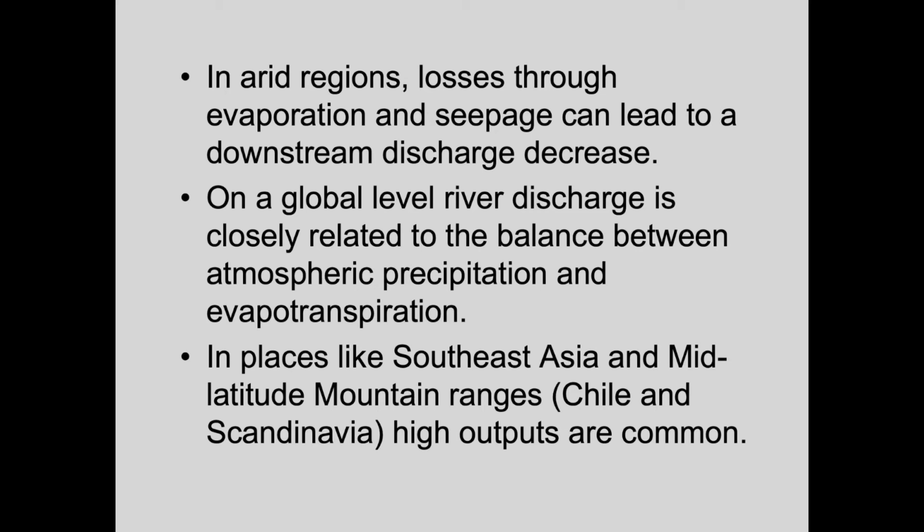Additionally, on a global level, things like river discharge are closely related to the balance between long-term atmospheric patterns of precipitation and evapotranspiration. So for example, the highest output discharges that we see globally are generally achieved under very humid climatic conditions. And when we get to climate and take a closer look at climate regions and their nature,